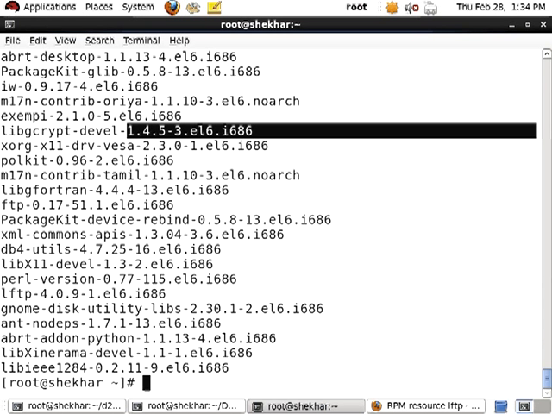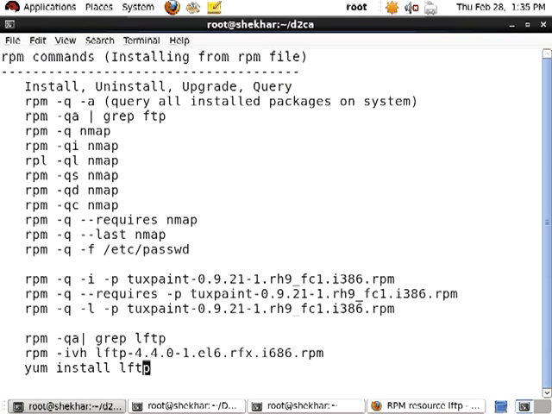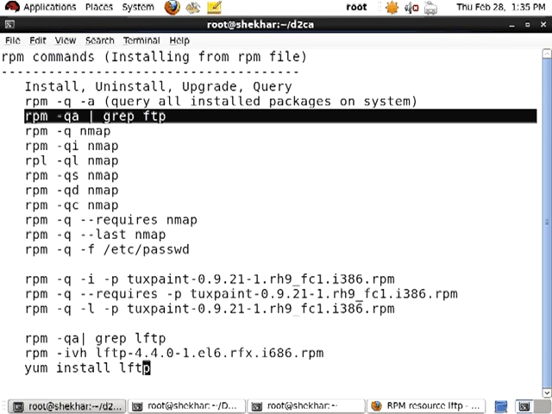So if I ask you which package we are talking about, you are going to tell me that this is the name of the package. Okay, xorg-x11-drv-vesa is the name of the package. The remaining stuff is all the version and the release information. So these are all the packages, and it becomes very difficult to understand whether a specific software has been installed or not. So what I'm going to do now is fire this command, which is rpm -qa